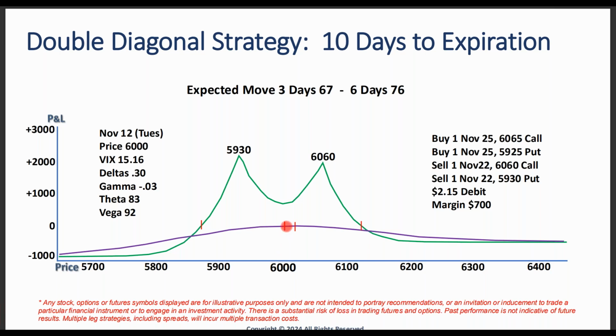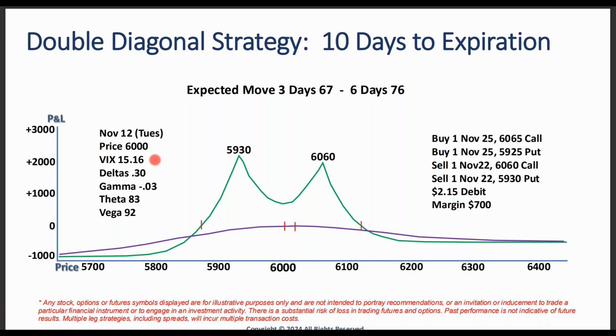The next one, SPX was 6,000 at the time, which you can see in the middle of that graph. The next one, VIX is 15. Generally, I like this trade when VIX is 12 to 15, 12 to 16, and I'll get to why in a second. But that's kind of the area that I like this.